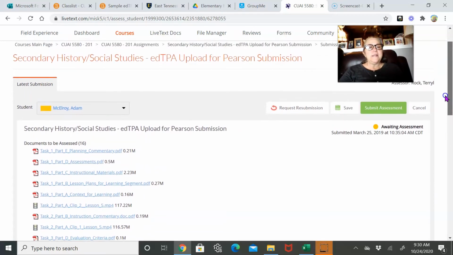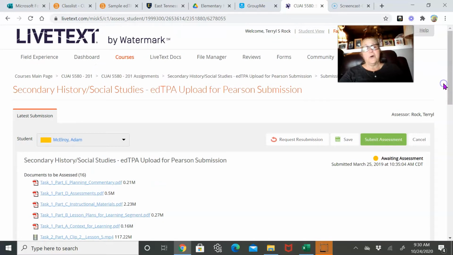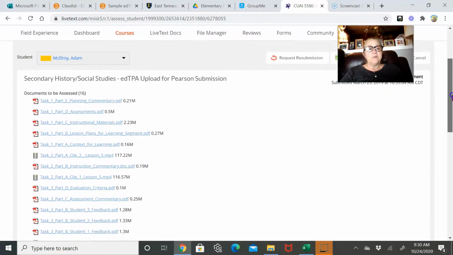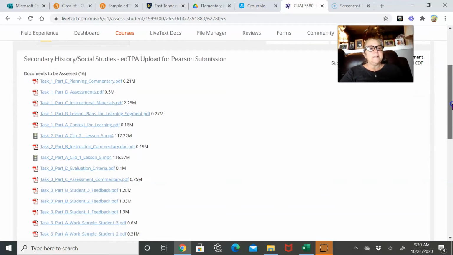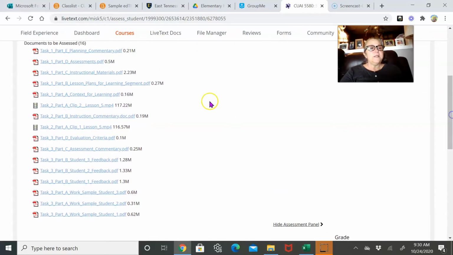What they do is that they submit, first you'll upload, to LiveText. There'll be an assignment, and we don't upload anything until the last minute, which will, for you guys, be April if you're graduating in the spring. And it's just a bunch of files, right? So you've got all these files. You can see that most of them are PDFs, things that you write, and then there's 2 video clips in